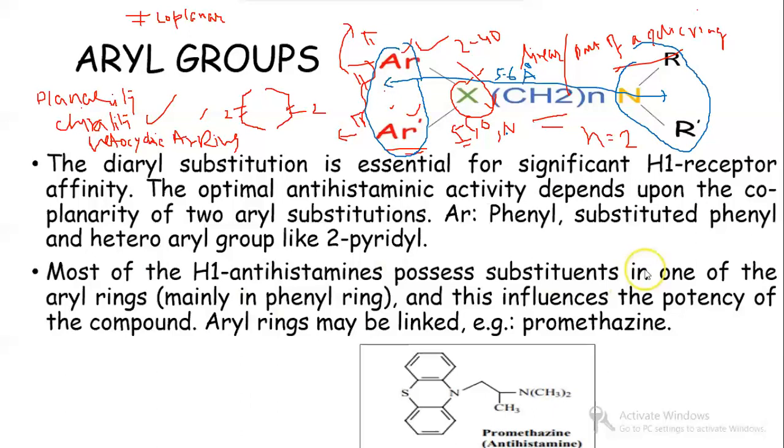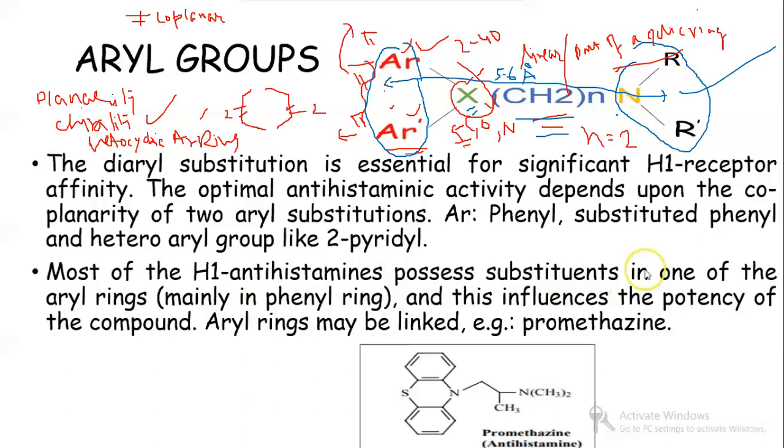In the first 2.5 pages, you can find the general SAR, and then in subsequent pages, the pharmacological activity and small SAR of the individual classes. These things are all nicely depicted there. And from your concept also, you can write this. First, you write the general structure of the drug, then you deconvolute the structure into 4 parts: the terminal aryl groups, then this linker X, then the ethylene bridge, and then the terminal nitrogen.